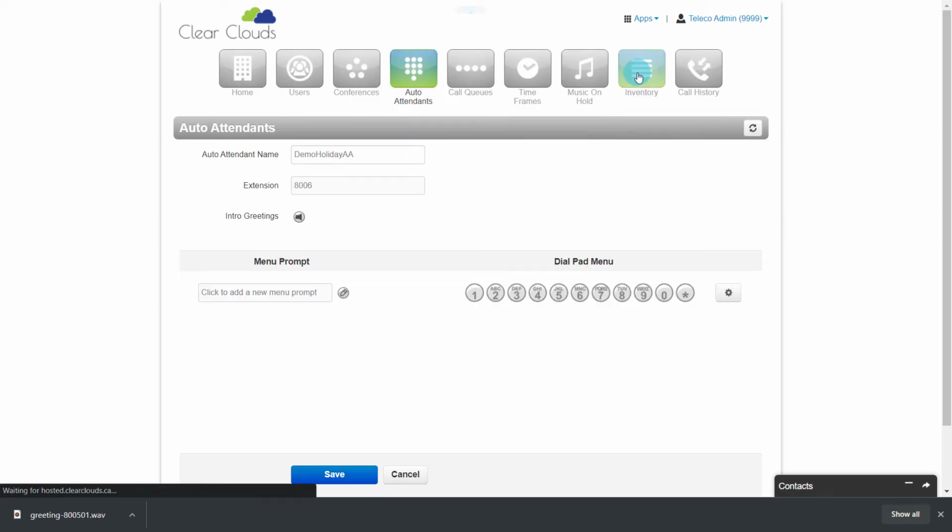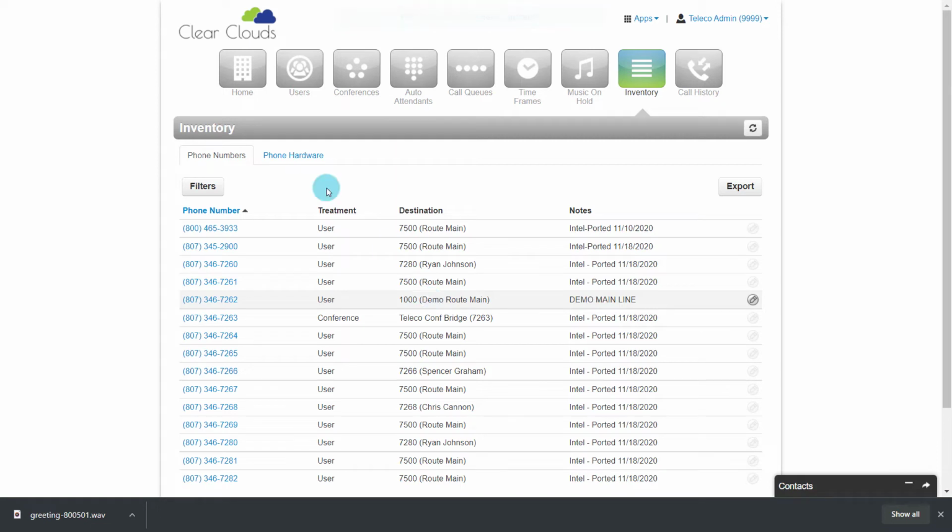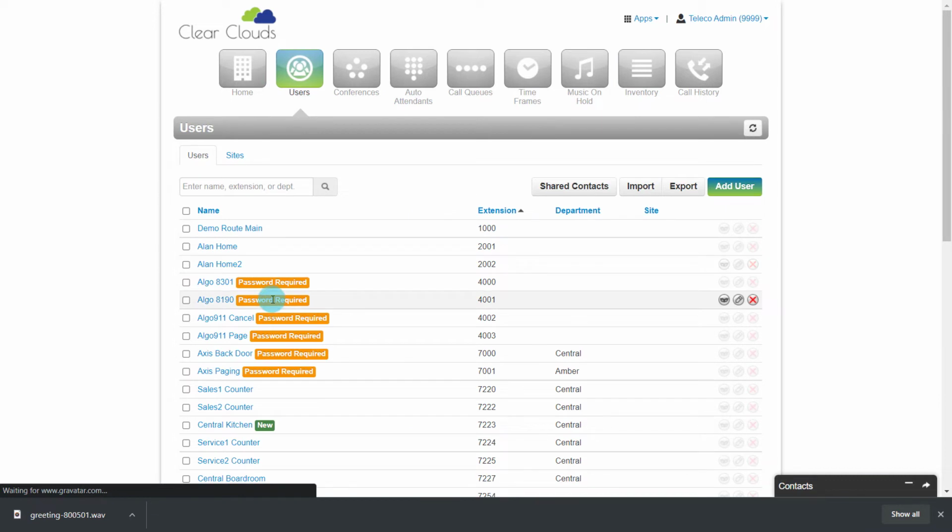So we've done two things now. We have created a time frame that defines when we're closed, and we've created a new auto attendant. And what we want is for callers during that time frame to get sent to that new auto attendant. So same thing as before. Let's look at where our main number goes. It's going through that root main user, and that's what controls where calls go when. So if we go to that root main user